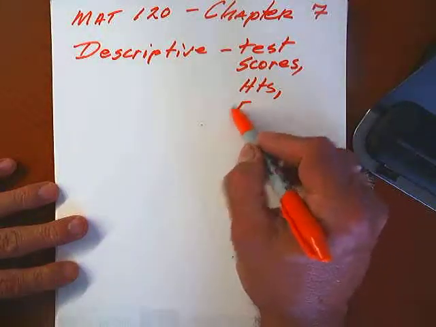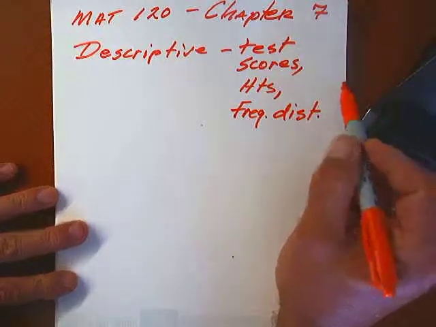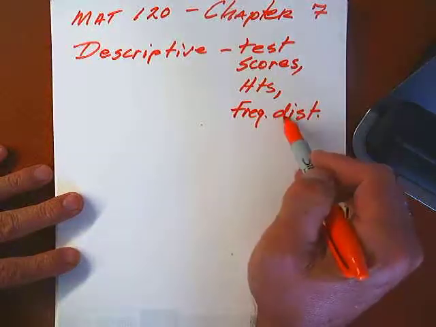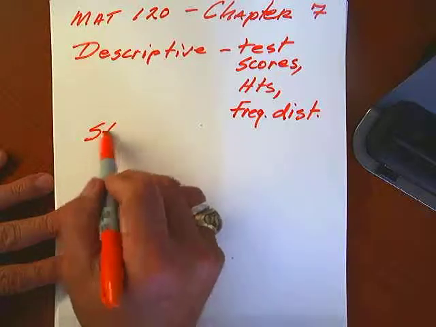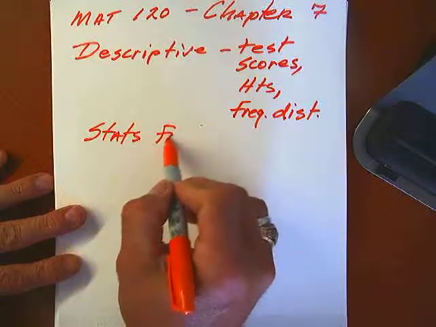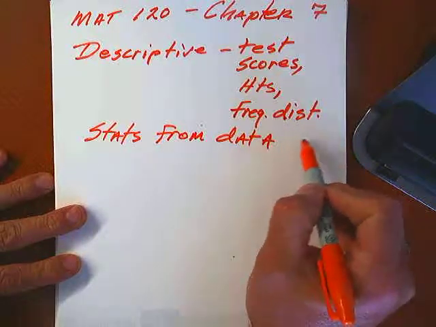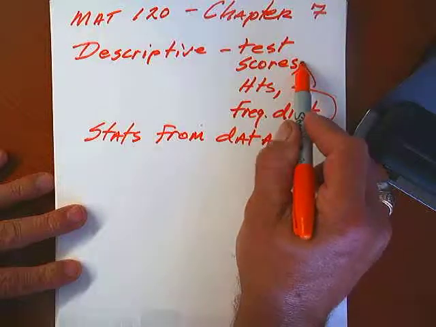So we call that frequency distributions, and we would get our mean, median, and mode based on these forms of data. So we would get our statistics from a data table, and the data would be in the form of